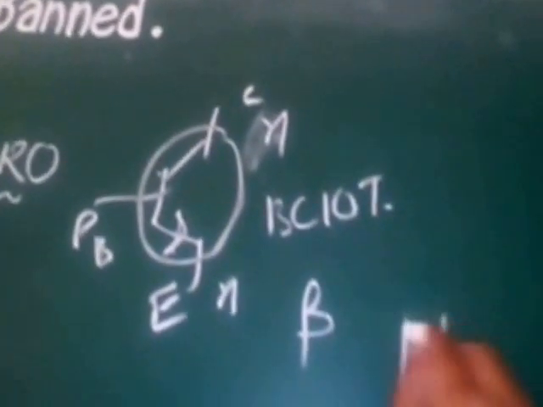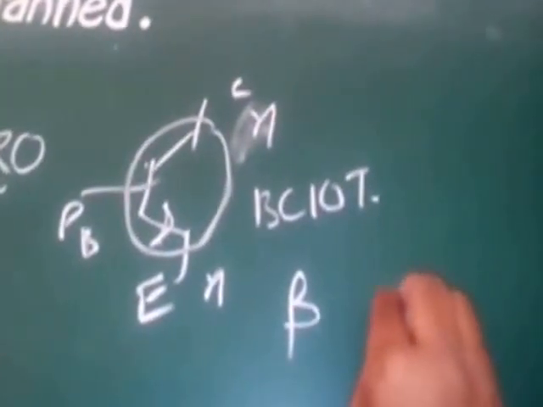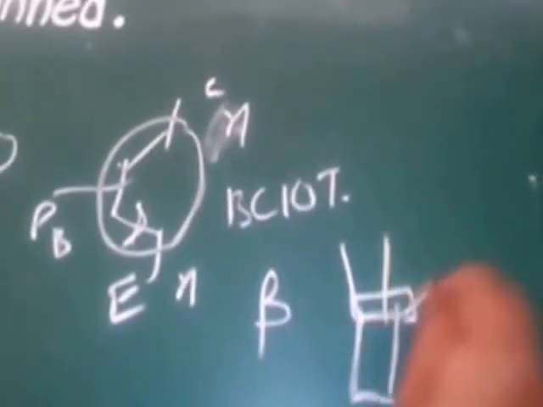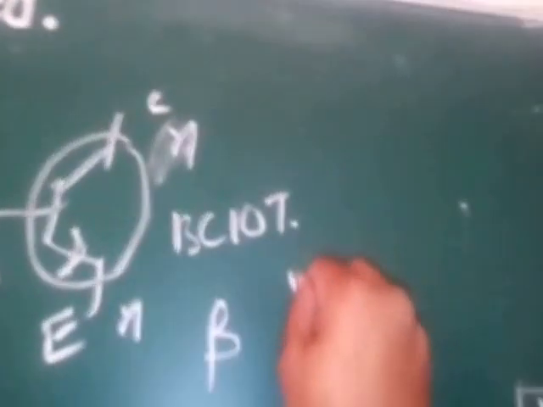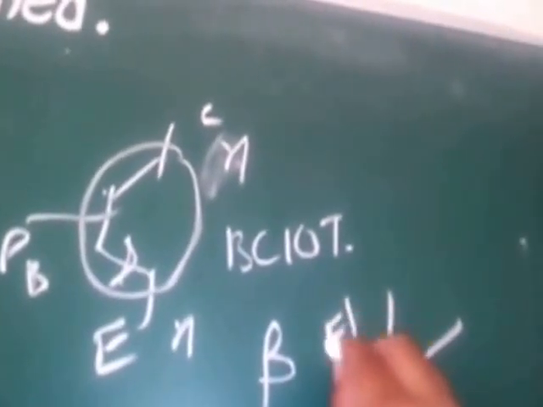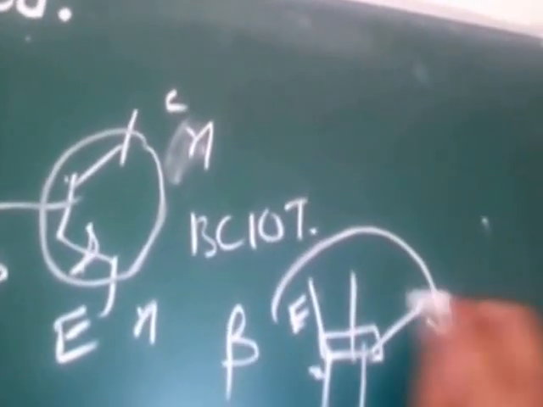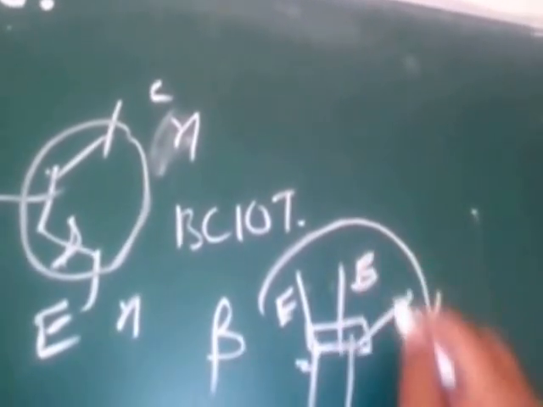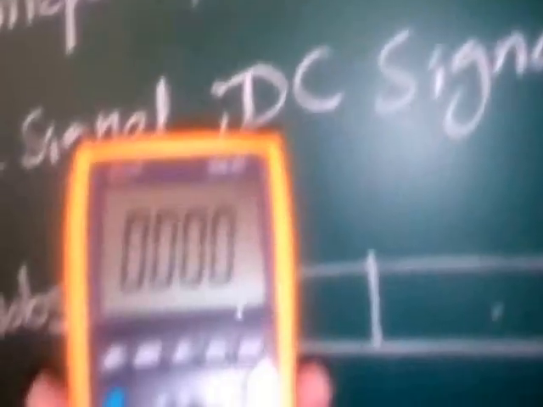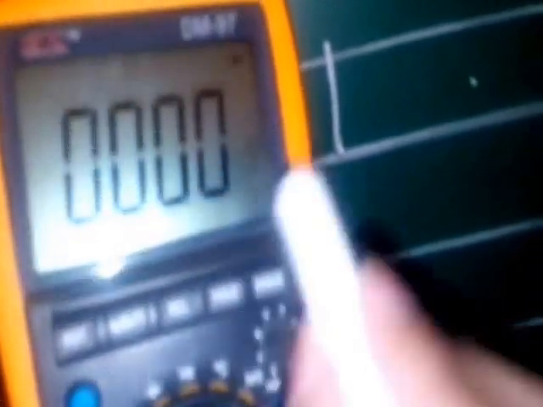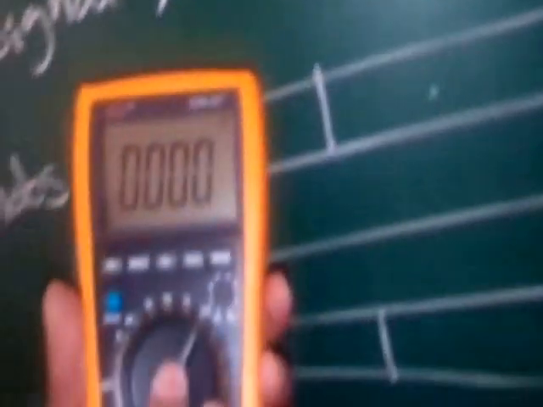Actually, if you see the transistor, it will be like this. Here 3 terminals will be there, 1, 2, 3, and here one notch is available. The terminal which is nearest to the notch is the emitter, and we have to go in the clockwise direction. After the emitter we are going to get the base, after that we are going to get the collector. After identifying the terminals of the transistor, just keep them in the holes where emitter, base, and collector are marked, then it will indicate the current gain of the transistor.